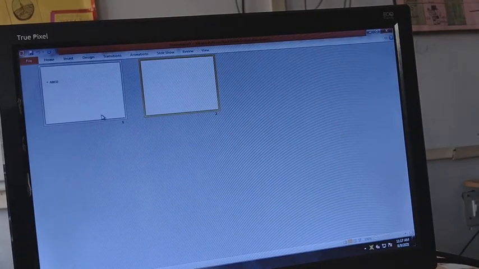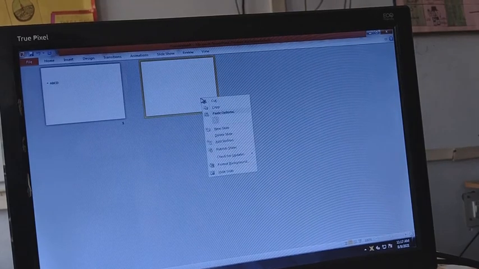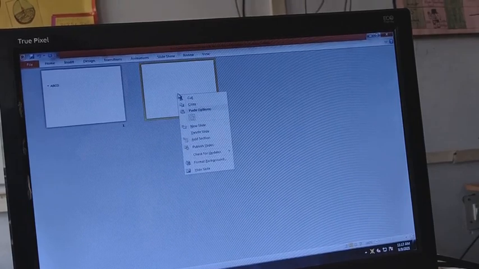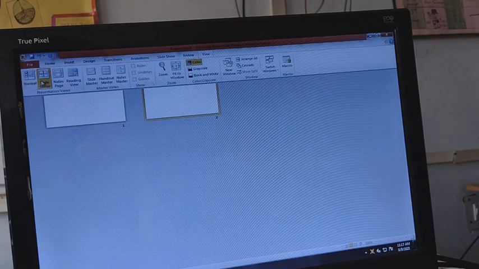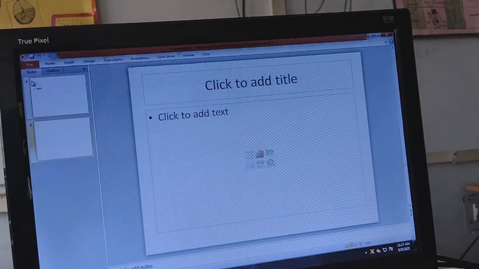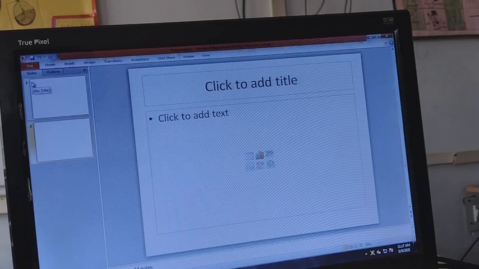So this is how you can see the number of slides you have. You can also cut, copy, paste here. It is very easy. So from view you can have the normal view, or you can have the slide sorter view. You can change the layout from here.